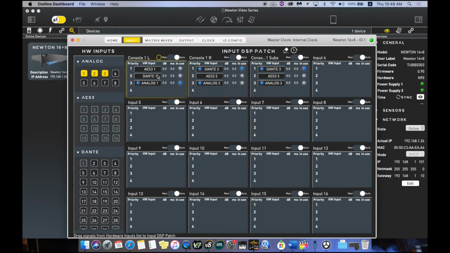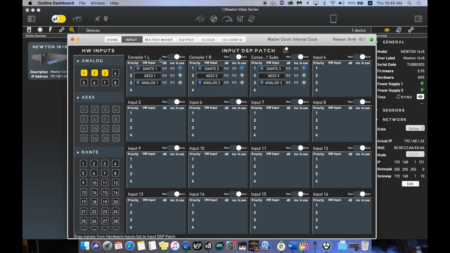However, when Newton has switched to a backup due to higher protocol loss, and if the higher protocol becomes available again, we can switch to the higher protocol by clicking this yellow circle over here. We can either do this on an individual DSP basis using this icon here, or we can do it all at once by using this yellow circle at the top.